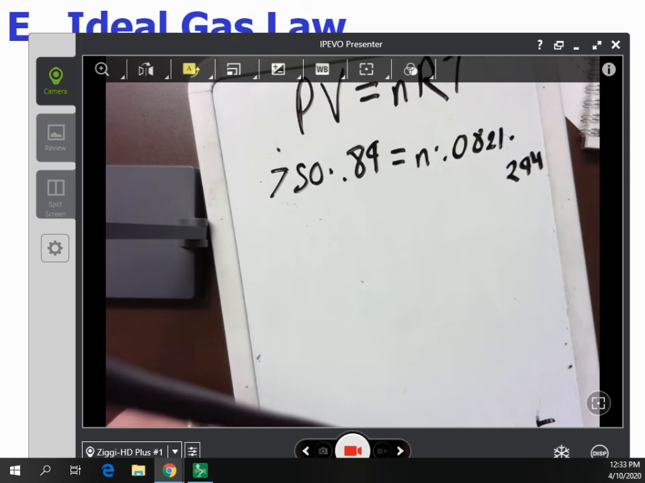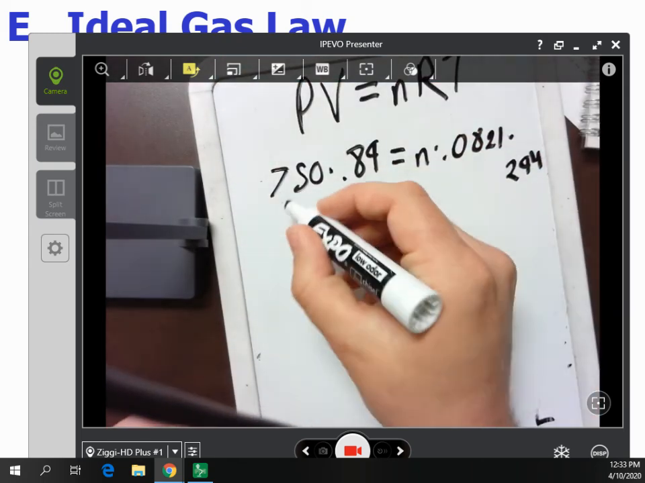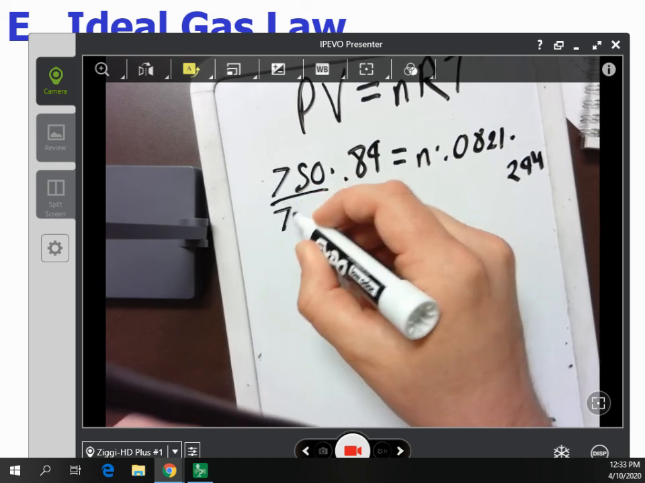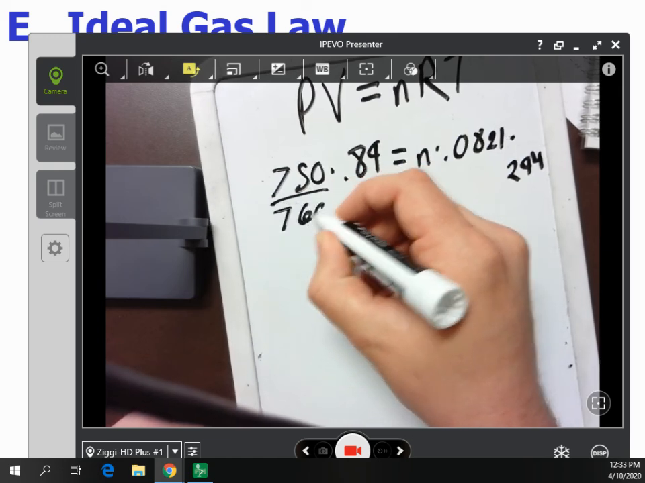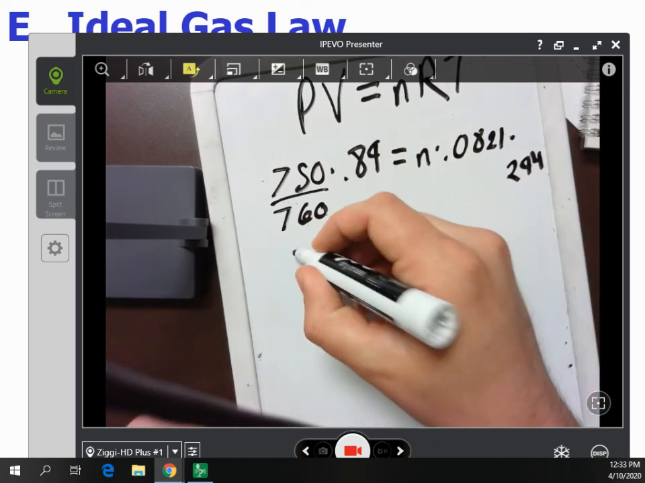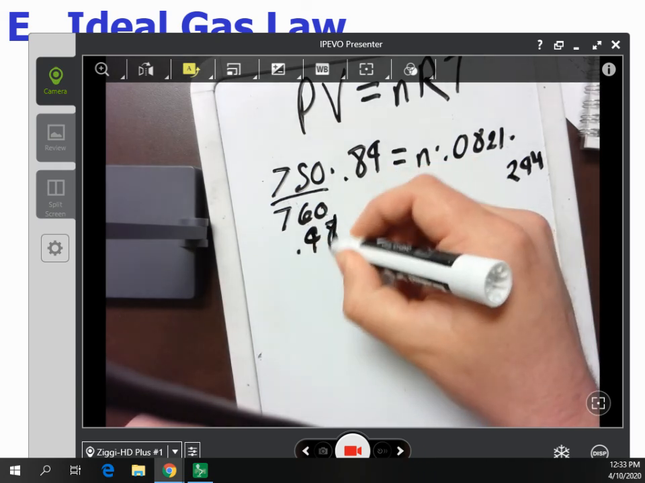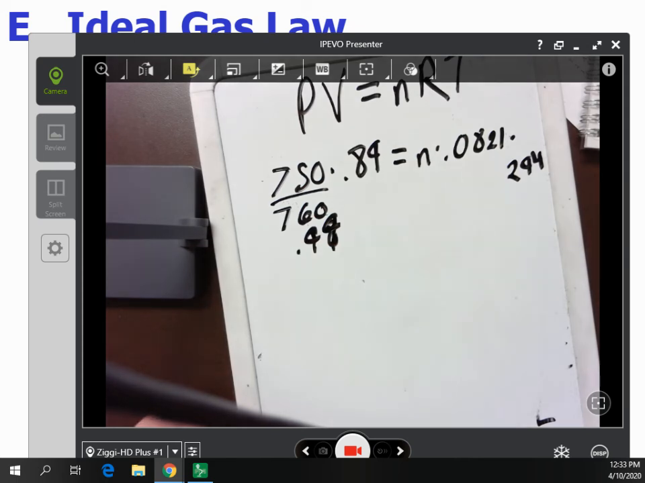Oh, I forgot one other thing. So we got to get this to go into our atmosphere. So that means we have to divide this by 760. So let's do that first. 750 divided by 760 equals 0.98. We'll call it 0.99. So 0.99 times 0.89